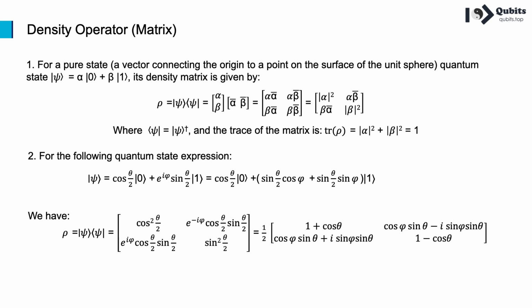quantum system. The diagonal elements of the matrix give the probabilities of the system being in each possible state, and the off-diagonal elements give information about the quantum coherence of the system. Now, density operators are really useful in quantum computing because they allow us to work with mixed states, which are often encountered in real-world quantum systems. By using density operators, we can perform operations on these mixed states in a way that's consistent with the laws